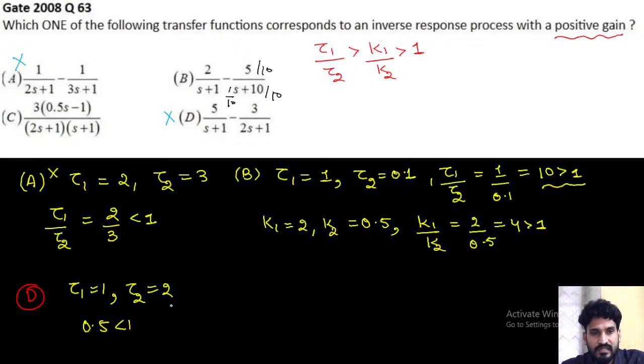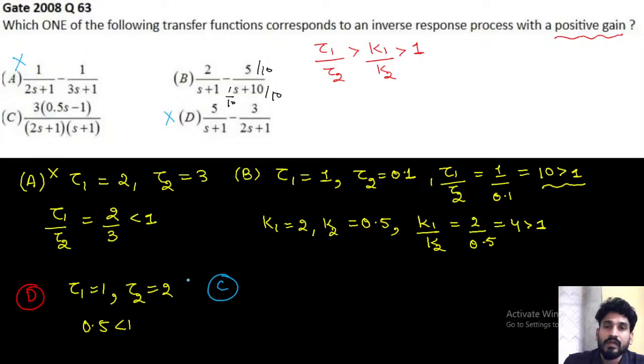Okay, that's why I'll discuss this at the last. So let's try to understand the option C also. We will check the option C differently, because it is not in the standard format. So till now I know that B can be my answer, or it may be possible that C can be my answer, but A and D for sure are not my answer.